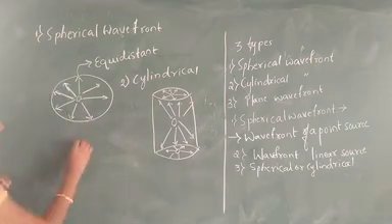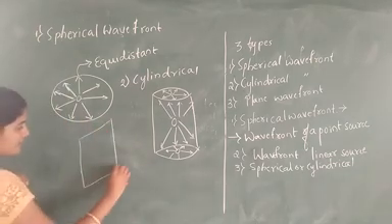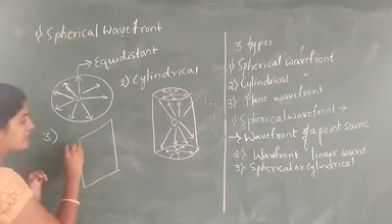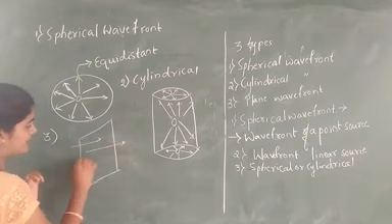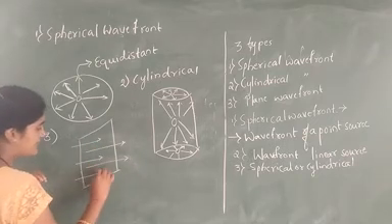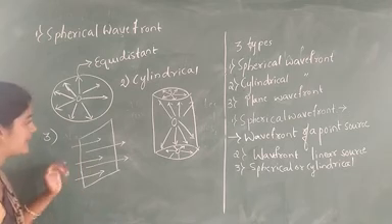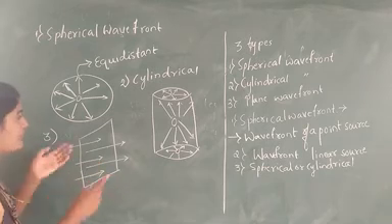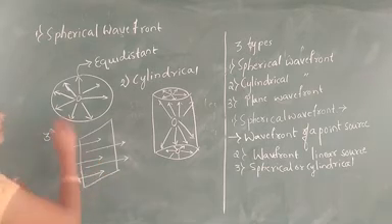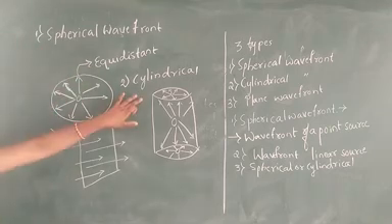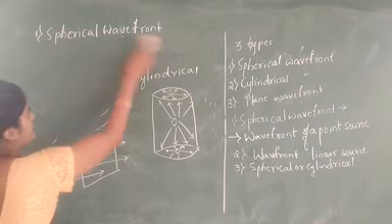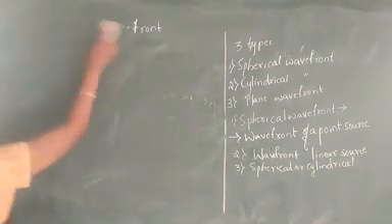Now the last one is the plane wavefront. In the plane wavefront, we are considering a plane mirror. In this plane mirror, we pass either a spherical or a cylindrical wavefront. Consider anyone, and from this we can get the plane wavefront. This is the spherical wavefront, the second one is the cylindrical wavefront, and the last one is the plane wavefront. Here again we have to study the rays of light, how they are moving.